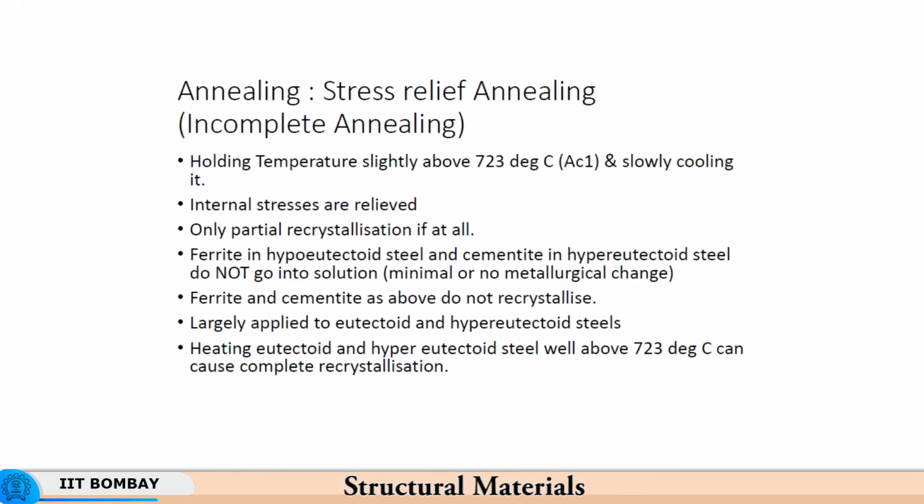Now, we have another process called annealing. We have said that we hold the temperature slightly above 723 degrees centigrade, where it is again typically single phase. I mean the temperature of 723 degrees centigrade is the austenitizing temperature for pearlitic material. But the temperatures where full austenite is formed will change depending on the chemical composition on either side of the eutectoid point. So, you have a holding temperature slightly above 723 degrees centigrade, and you slowly cool the material, where